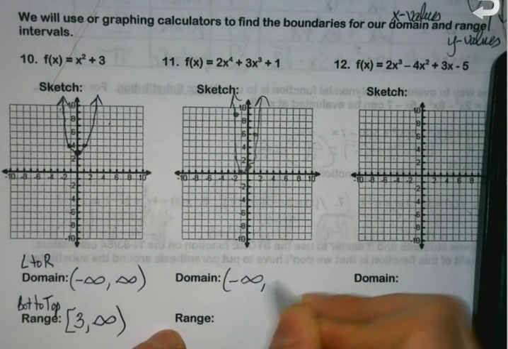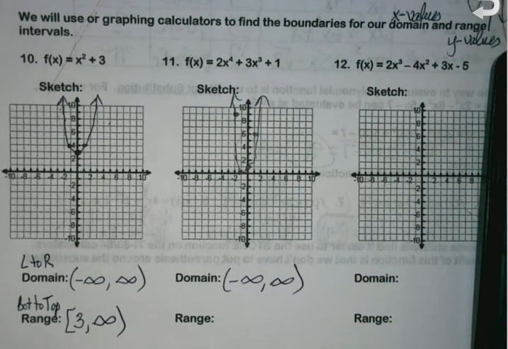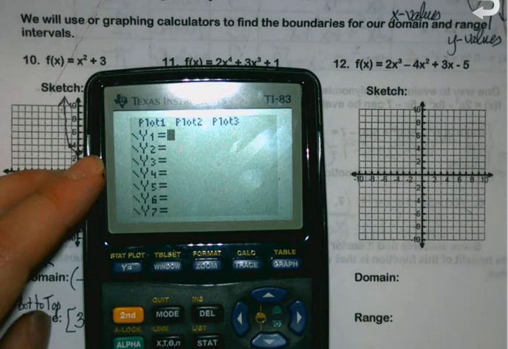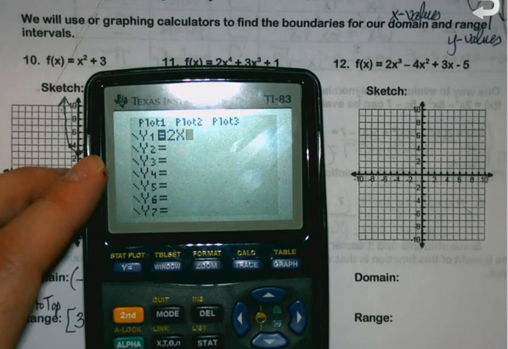That's going to happen an awful lot. Range, what's the lowest value that I plotted? 0 to infinity. Okay, so you don't have to be an expert at graphing to make this work. All you've got to do